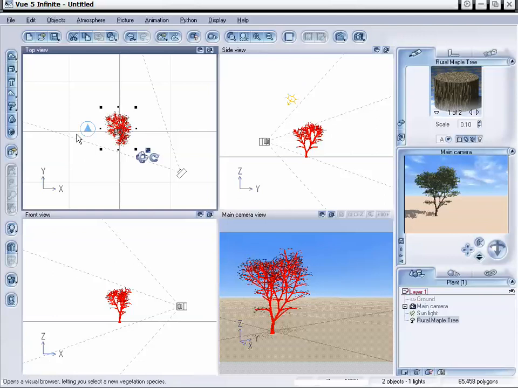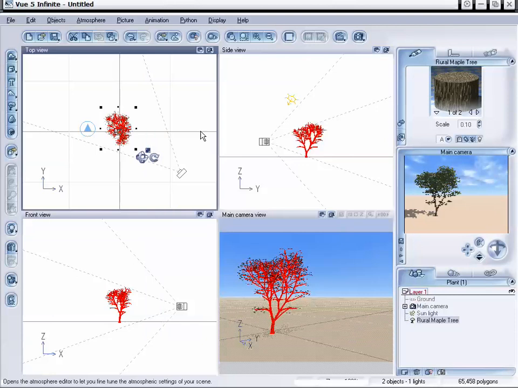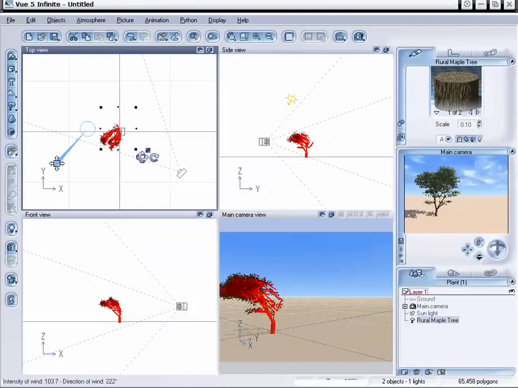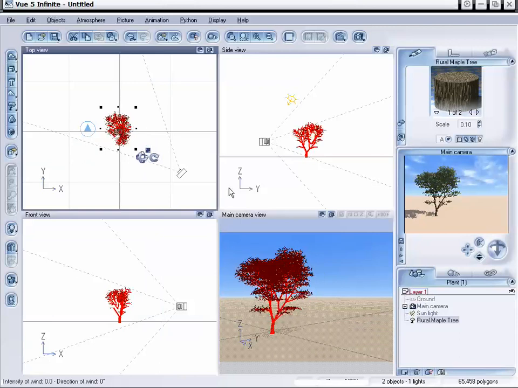And if you don't see this little blue controller that we have for our wind, what you're going to need to do is go up to Atmosphere, Atmosphere Editor, and under the Wind tab, just go ahead and check Enable Breeze and Enable Wind. And we can go ahead and click OK then. Now, with this controller, we can go ahead and control our wind so that it's much more intense than we would have it on the settings just for our normal defaults that are located in the atmosphere